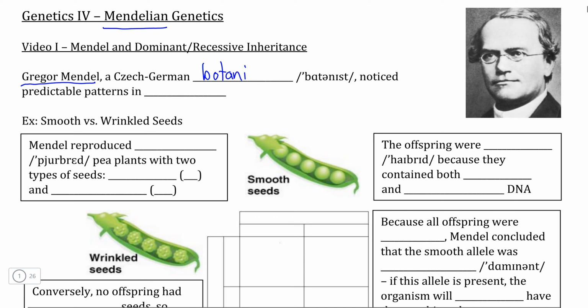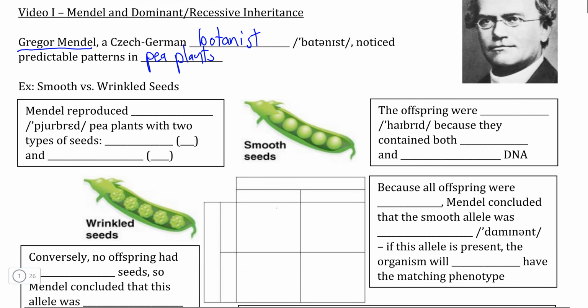to be an amateur botanist, meaning that he grew a lot of plants and became very proficient at observing key differences in the visible characteristics of those plants, specifically pea plants, and he used pea plants for two very specific reasons. Firstly, because they grow and reproduce very quickly, meaning that he didn't need to wait long to observe the differences or similarities in characteristics between offspring and parents, and secondly, most importantly, pea plants reproduce sexually, meaning that there is recombination of genetic information.